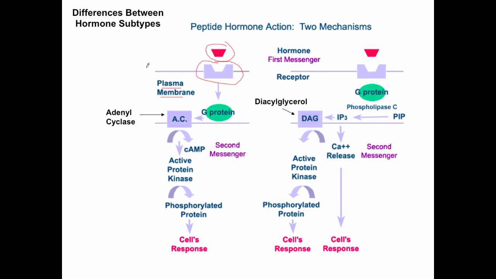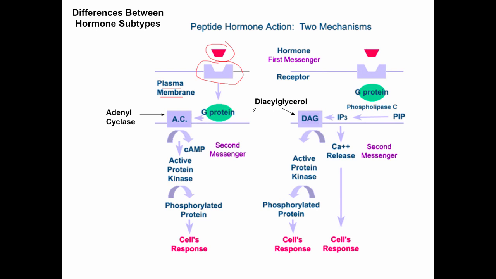Okay? The first thing it could do, and this is not drawn on this slide, is bind to the receptor, and that could cause the opening or the closing of an ion channel. Okay? And then that opening or closing of the ion channel, let's say it opens the ion channel, allows for ions to cross the membrane. That changes membrane potential, makes it either depolarized or hyperpolarized, and that change in membrane potential brings about the physiological